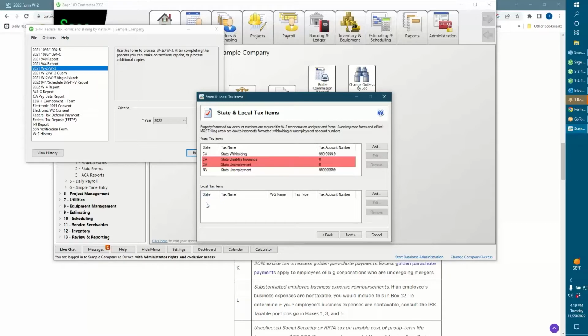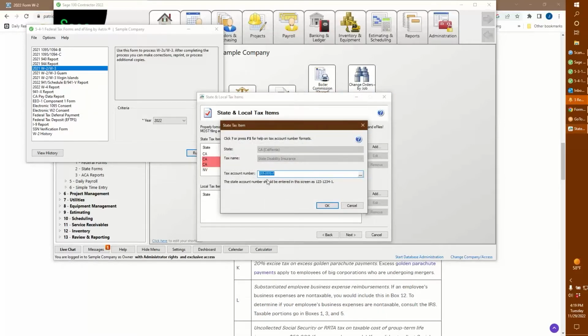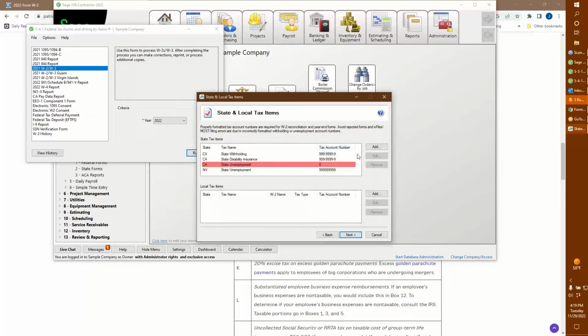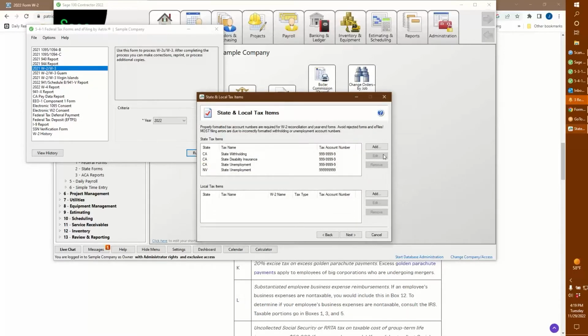If you have local tax accounts, some of you in the Midwest do have that, where you're paying local taxes and you have to report those. If that's the case, you can simply add that, put the state name, the tax that is being done. If you have local taxes, this should pre-fill for you in Sage. Now it's going to make me do all of this. And we're set to go.